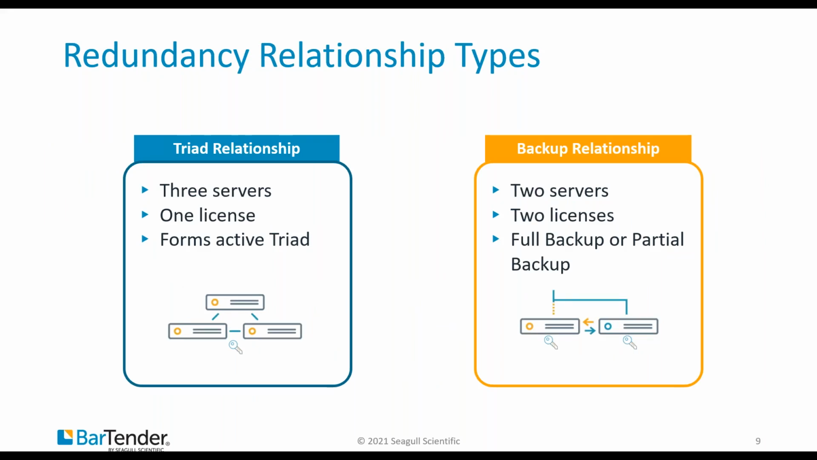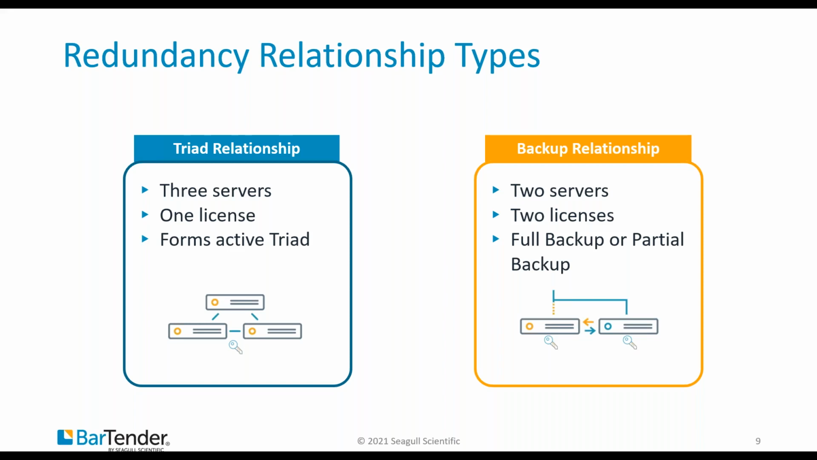So as mentioned, there are 2 different relationship types you can leverage with BarTender 2021. Number 1, the Triad relationship can be achieved with 1 licensed product key code. The backup relationship can be achieved with 2 licensed product key codes. So a Triad server relationship requires 3 physical servers, each running a license server, but together they behave as a single active license server that requires only 1 BarTender Enterprise license